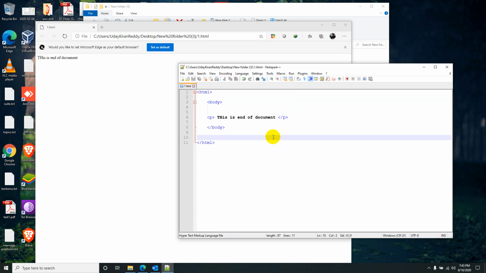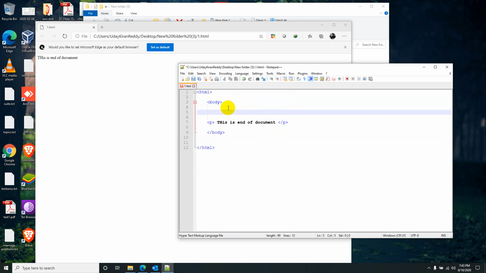So I have a paragraph here. Let me add JavaScript also in front of this. Instead of creating a separate file, let me create it inline itself: script type equal to text/javascript.